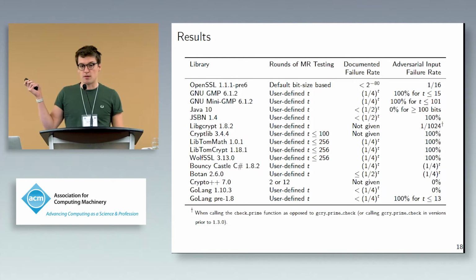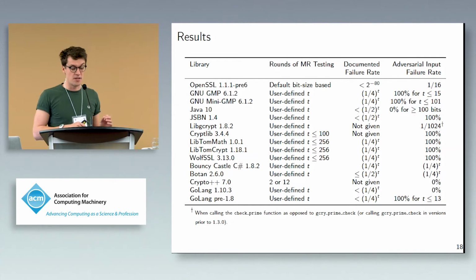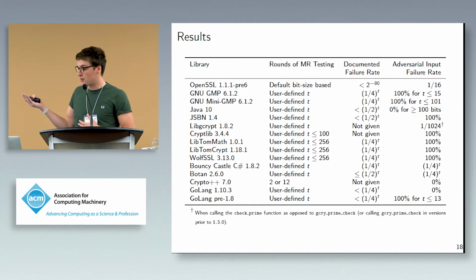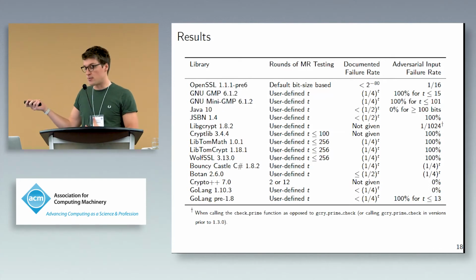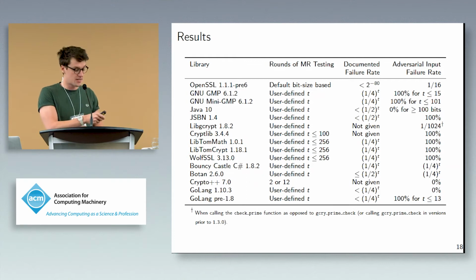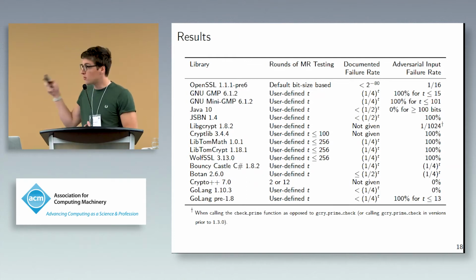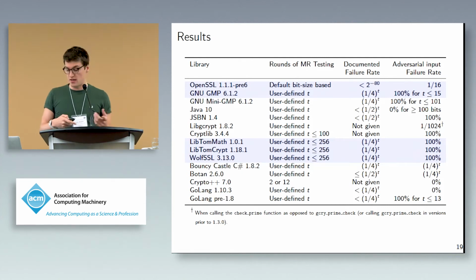So if we look at the top example of OpenSSL, we can see that the number of rounds of Miller-Rabin used by default is based on the bit size of the number. They give a failure rate of less than 2 to the negative 80. But in fact, when given adversarial input, we can get composite numbers declared prime with probability 1 in 16. So we'll have a little closer look at what's going on in OpenSSL, as well as look at GNU GMP,